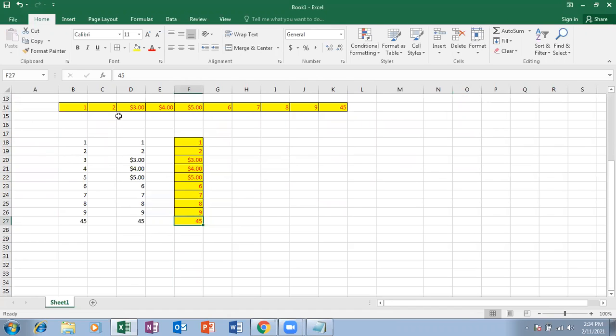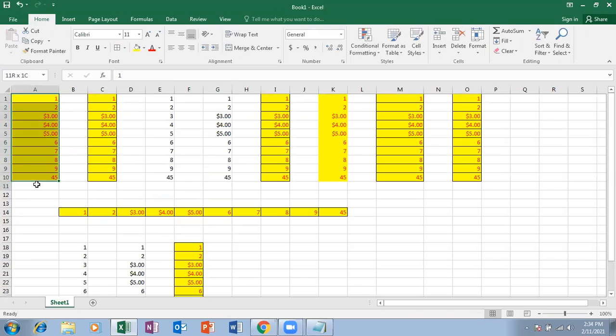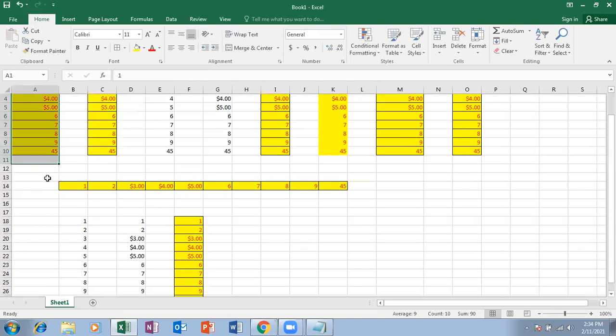See, without formula. But whatever the formatting is there in the source, the same formatting has been pasted here also. Clear?